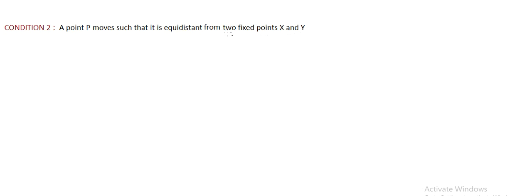So I am writing, this is our X and this is our Y, and the point P is equidistant from the 2 points X and Y. So if we draw a line segment from X to Y, then